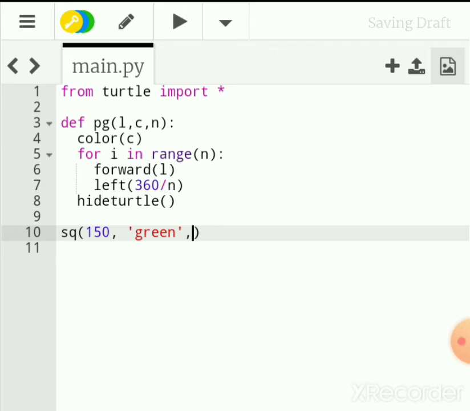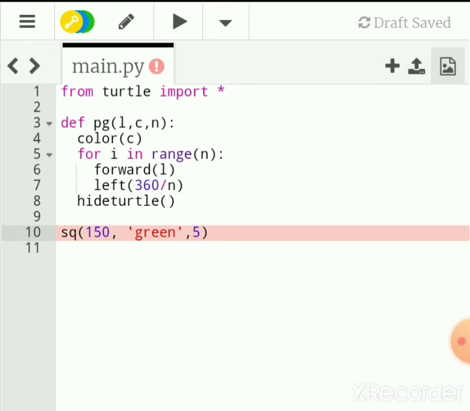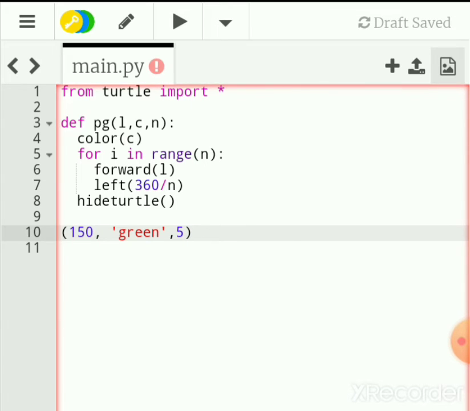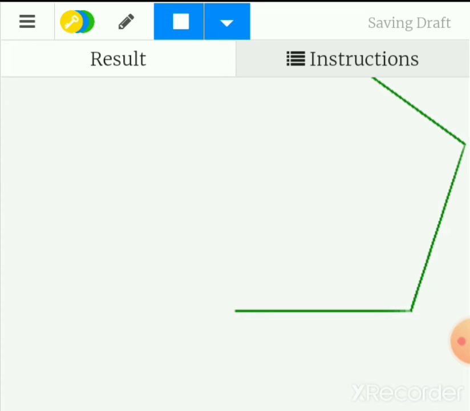So here we'll trace this one square. We have to change its name, so it will be PG polygon, and we have our